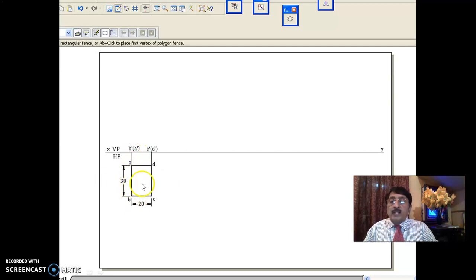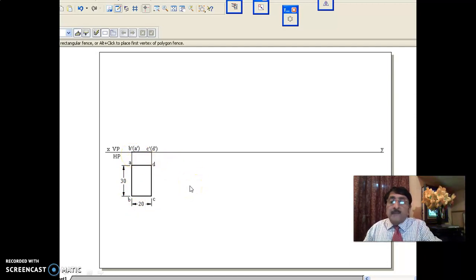Now let us say you tilt the other way. You make this 20, this 30. When this is 20 and this is 30, and you lift this up, you'll know very well this will be AB, which will be 20 mm, and this will be 30 mm in that case. The shorter side of the rectangular lamina will be on HP. That is why in a rectangular lamina, you should know very well, it has two sides, 30 and 20. Whichever side is perpendicular to the XY line will be on HP in the later stages.